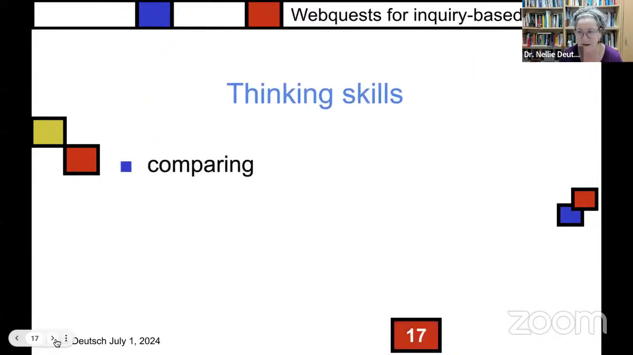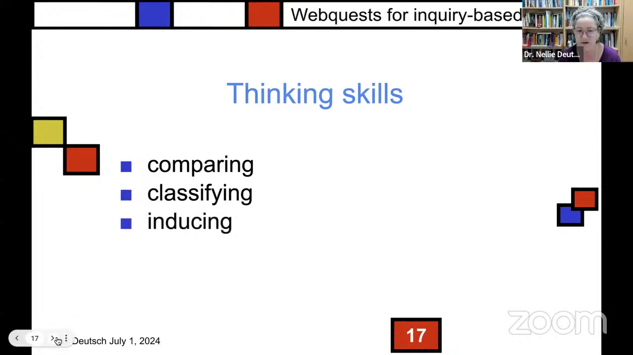Thinking skills. What kind of thinking skills are involved? And notice, if you think it's difficult to create a WebQuest, it'll be very easy with a WebQuest wizard. So no worries. All you need to think of is a topic, and we'll get to that in a minute. So comparing, classifying, inducing,